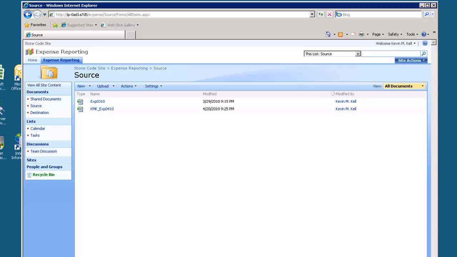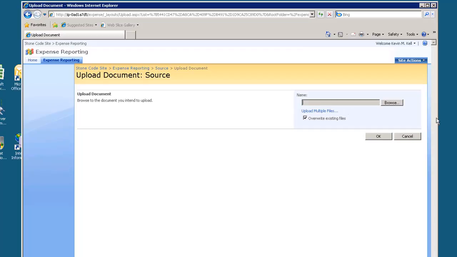Okay, I've been asked to demonstrate the two different rejection scenarios for this expense report. So let's first just consider the manager rejection. I'm logged into SharePoint right now as the employee Kevin, and I'm going to upload my expense report document